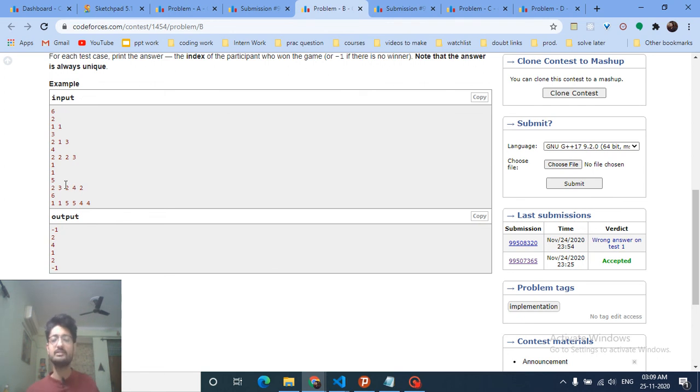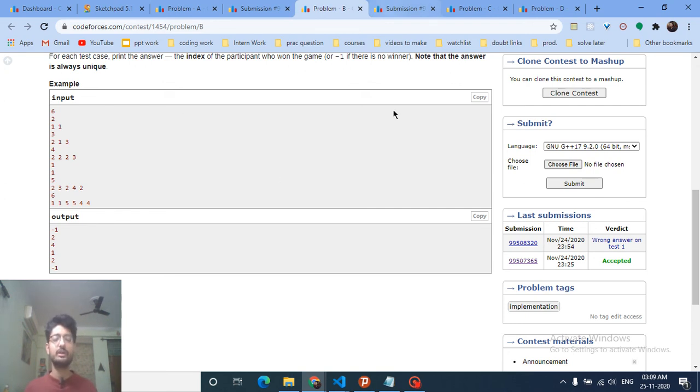So then you can easily understand that I have to find the number which is unique. If every number occurs more than one time, then the answer is -1. And if I find the unique numbers, we just have to find among all of them the smallest possible, and then output the index of that number. That's the whole logic for this problem.